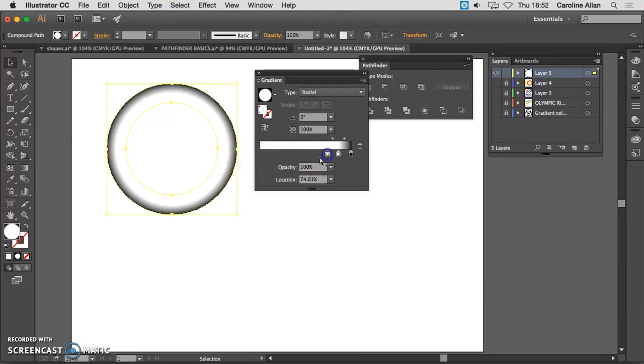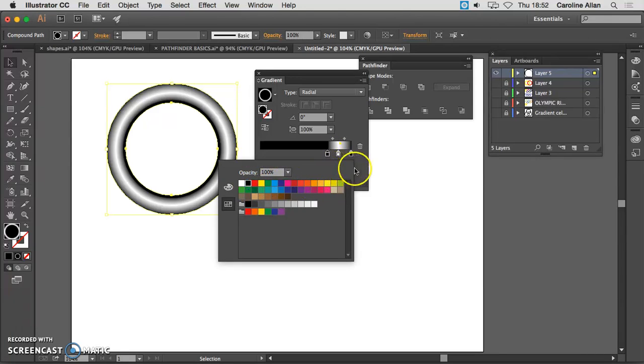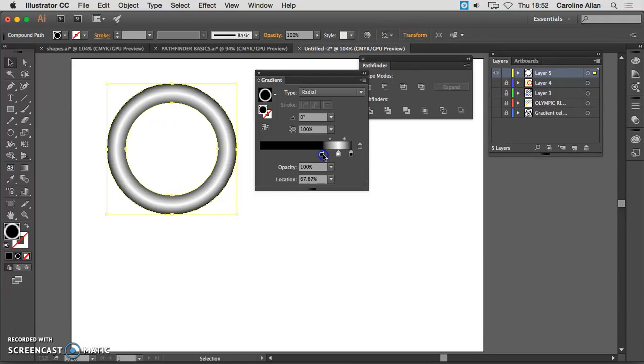So we need black in here. So I'm just going to double click and choose black. And then you can position it. That's a little bit hard up here, so I'm just going to position it. In every gradient, you have an opportunity to do that. And of course, you can add full color in as well. But you have also these little diamond shapes, which are the bridge between the two colors. So you can move those and adjust how the colors meld into each other. I'm quite happy with them where they are, but just so that you know,